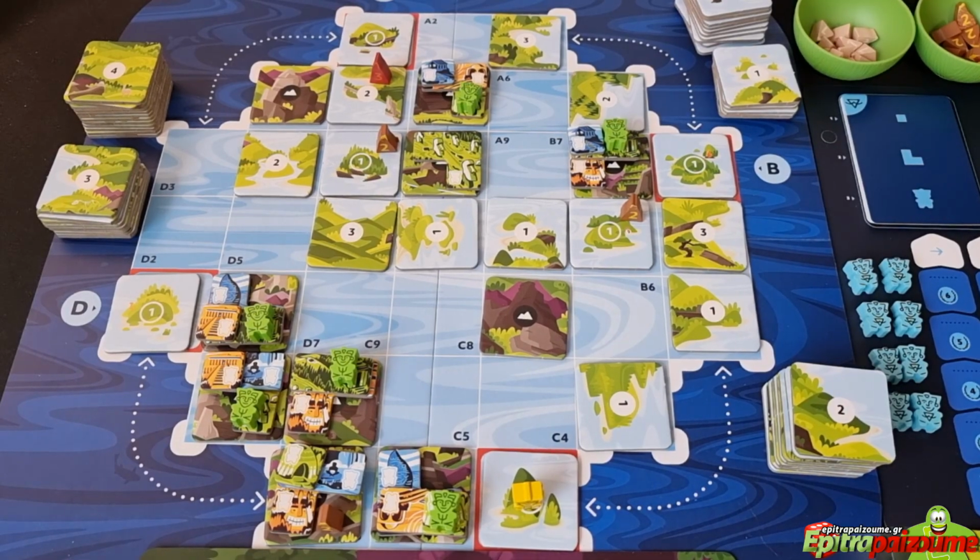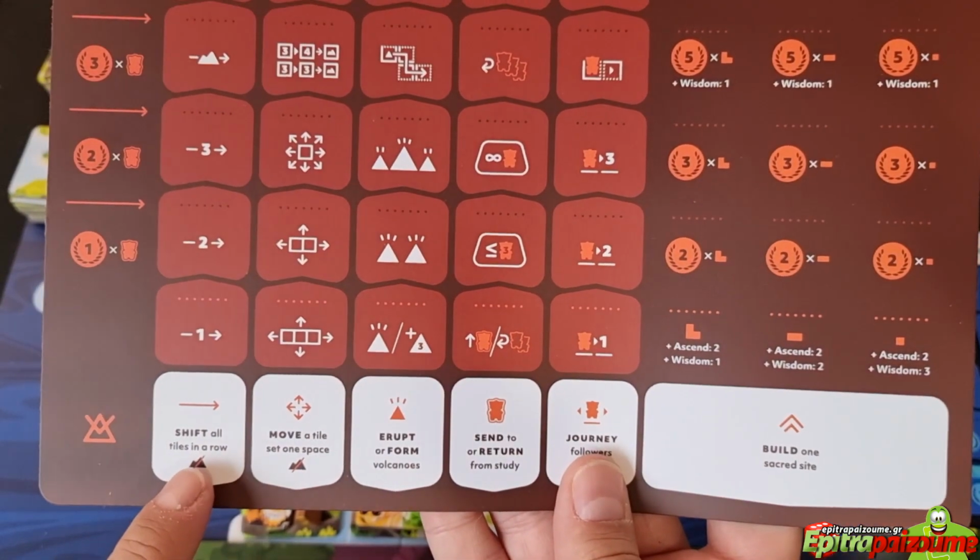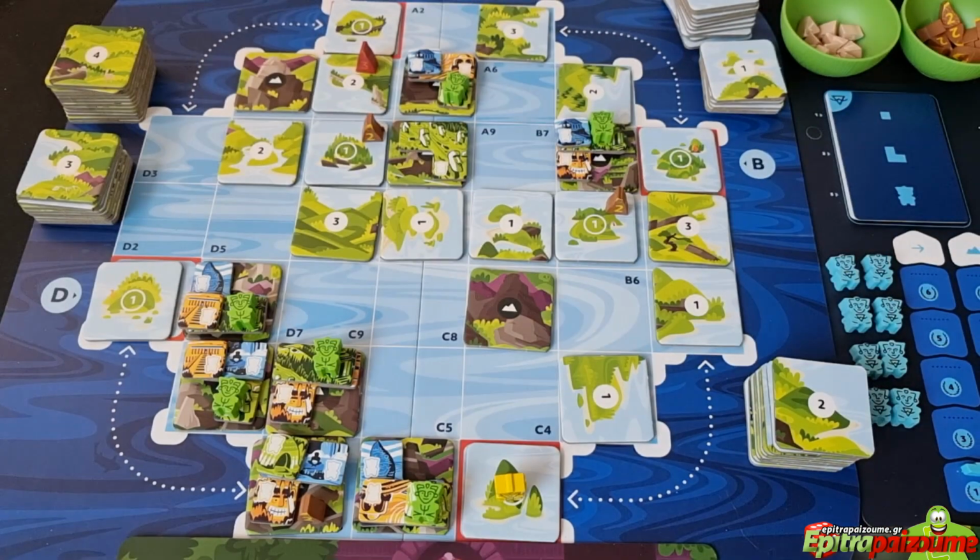Okay, so now let's see the actions. We have the shift all tiles in a row. This is the action, which is the first on the bottom of your play mat. The shift action allows you to shift all land tiles among a single row of a map, vertical or horizontal,